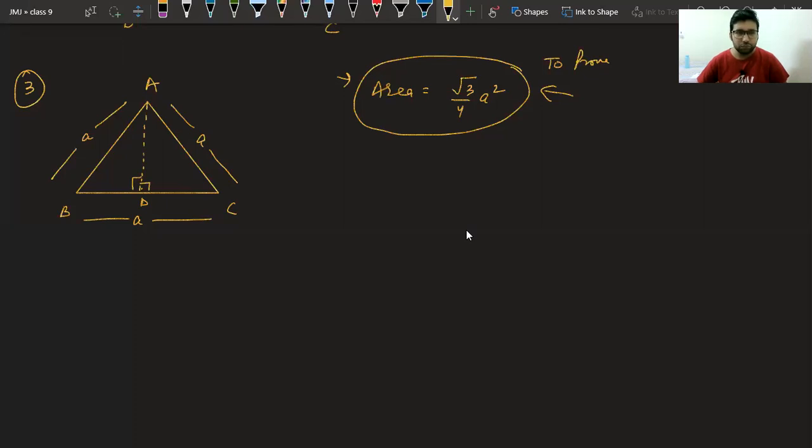Class, first we are seeing here, we have a triangle ABD. If you observe, you have a triangle ABD, which is right angle triangle, because I have done a construction AD. If this is A, can we find this side BD? Can we find BD, class? Can we find BD? Yes.